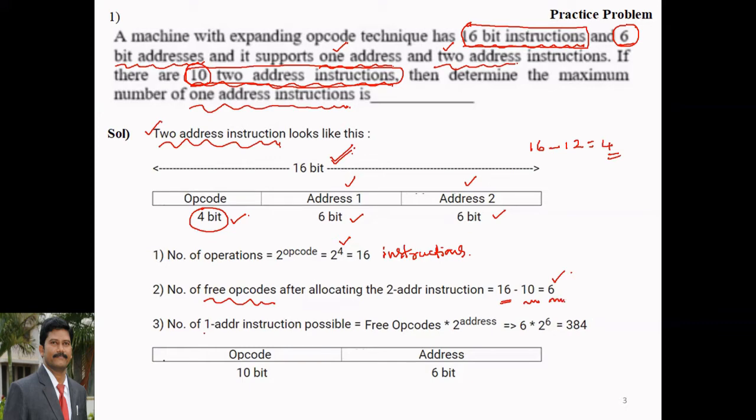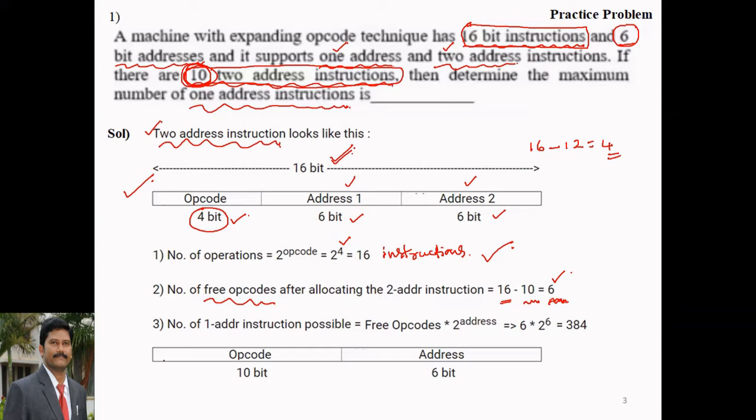What we have done: using the two address instruction format, 16 instructions are possible, and the number of free opcodes is 16 minus 10, which is 6. Now if you go to the one address instruction format,